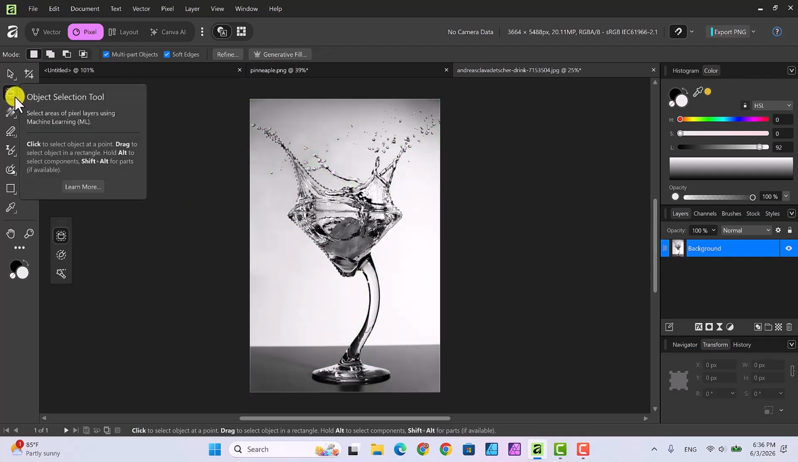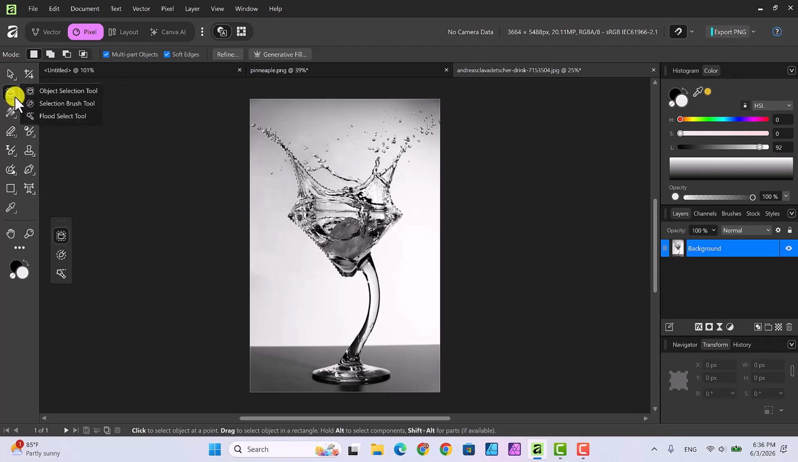So I'm going to go over to the Object Selection tool and click on the little caret and then go to the Selection Brush tool. And that way I can get rid of some of this down here. So I want to make this a little bigger. And then I'm going to press Alt so I can get rid of this down here. And then I want to get rid of, press Alt, all this,